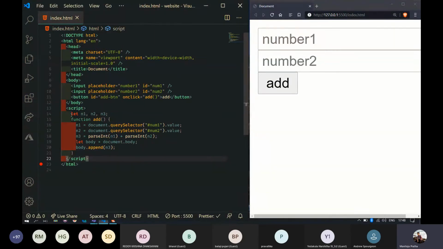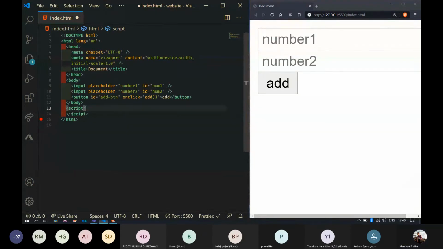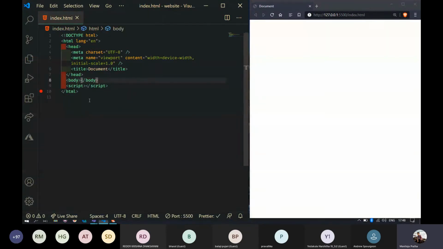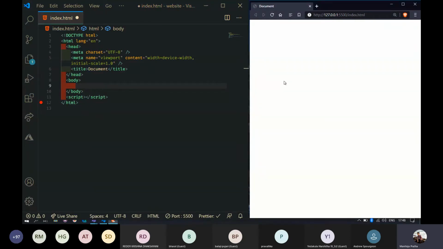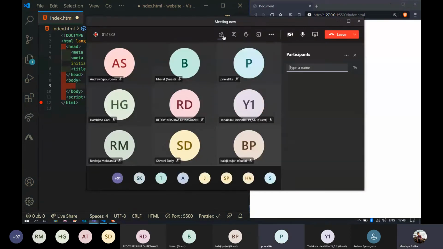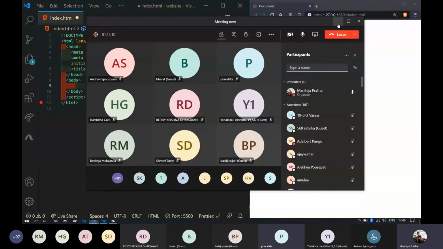Okay, let's move on. Now let's build a calculator, right? We'll erase everything. So guys, now observe this carefully. This is a big project. It will have a lot of things that you can learn. So now tell me, what are the operations that we will have in a calculator? Addition, subtraction, multiplication, division, right?